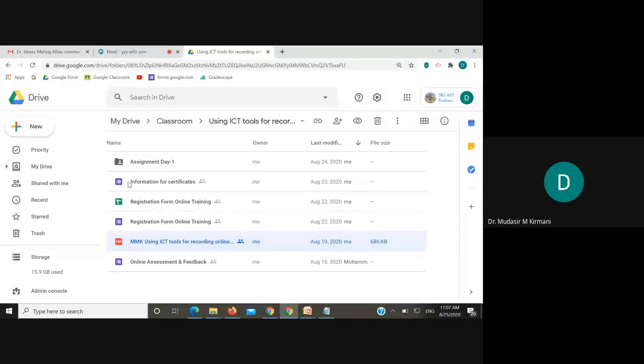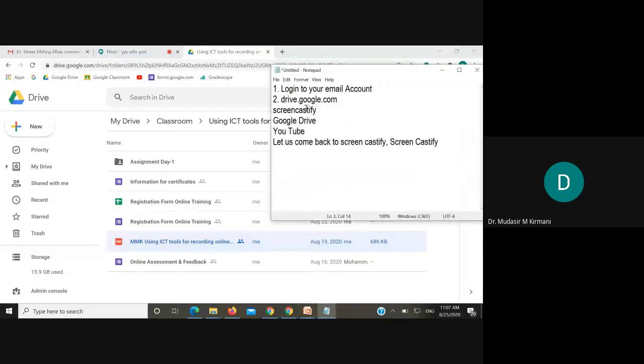So today our objective to begin with was to understand what this Google Drive is and its relevance with respect to your Screencastify. So we have understood we need to first log into our Gmail accounts. Once we log in, we need to open one more window and write drive.google.com.